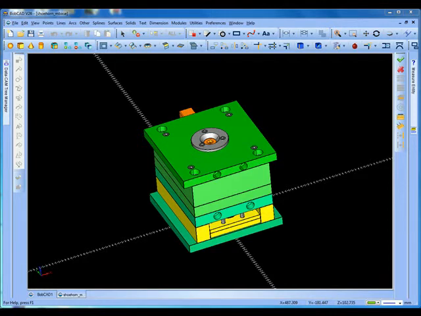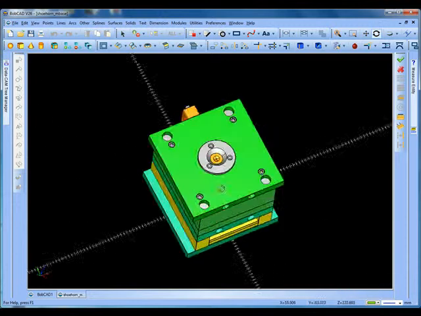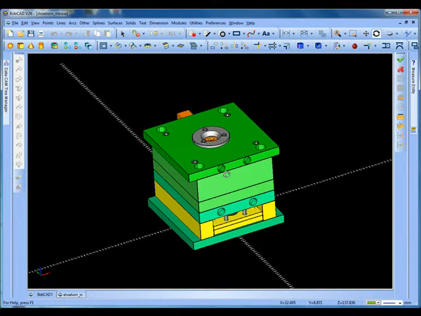I'm from BobCAD-CAM UK, and what I want to show you is a components or a mold tool that I've got on different layers. You can see on the screen here I've got the mold tool set up, and what I'm going to do now is I'm actually going to go onto my layer manager,